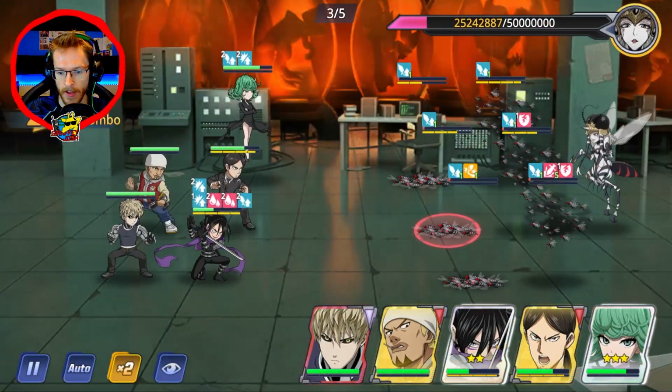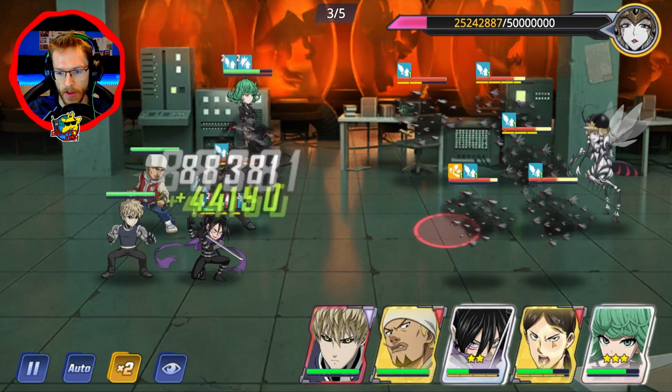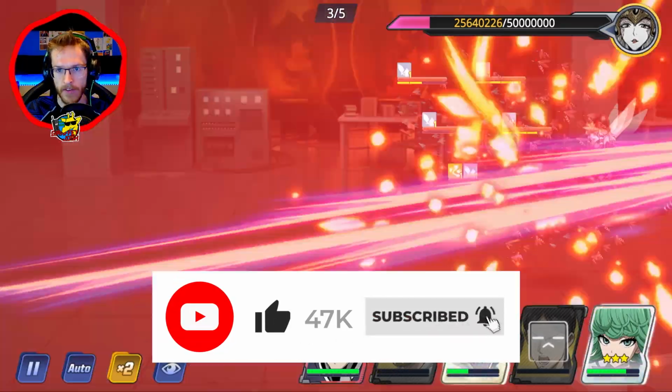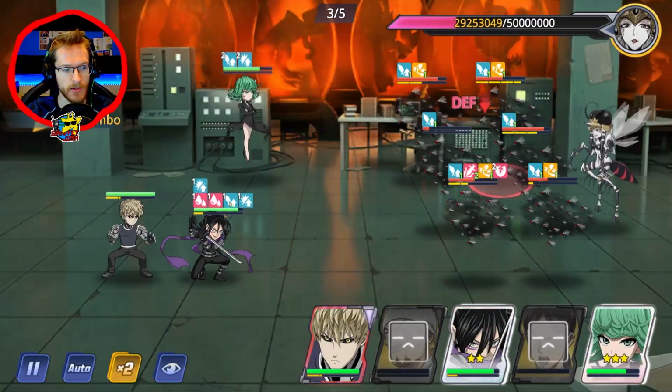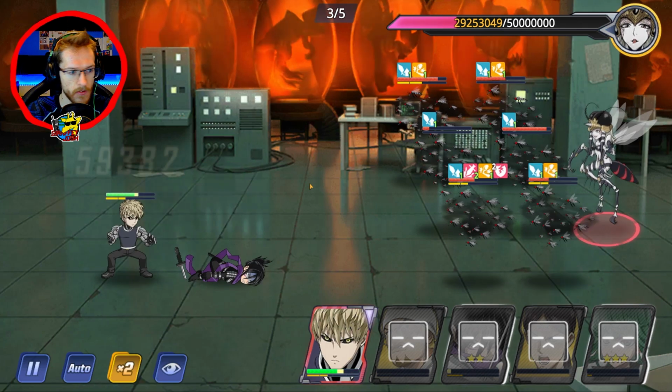Just keep everyone dying. Then I can nearly use Supersonic special straight after he's done his attack, which is nice, because what I should be able to do... Oh, he just died there, which is unfortunate. But before he dies, I can get another attack out in there. That's done quite a nice amount. So now it's just a nice little tackle between